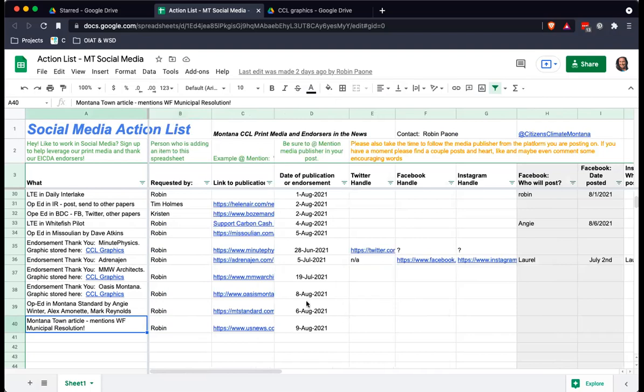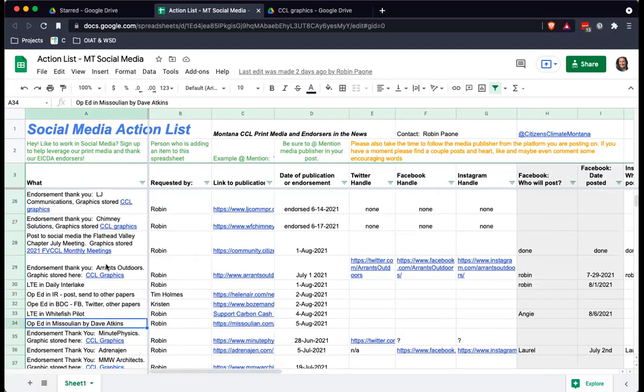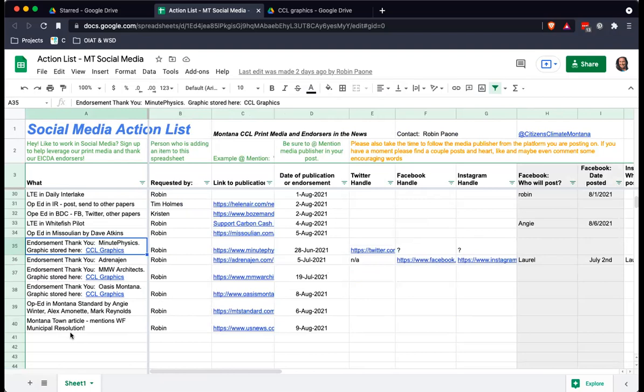All right. So a lot of what we have above this is like the letters to the editors and the op-eds. And so I'm going to skip over that today because we don't really use Canva for those. It's really for the endorsement thank yous that we're going to use Canva. Right. So I've got an endorsement thank you that I'm going to enter in here, endorsement thank you, and that is going to be for Scentsy swimwear. And this is one of my friends who I got to endorse, and I'm going to put my name,